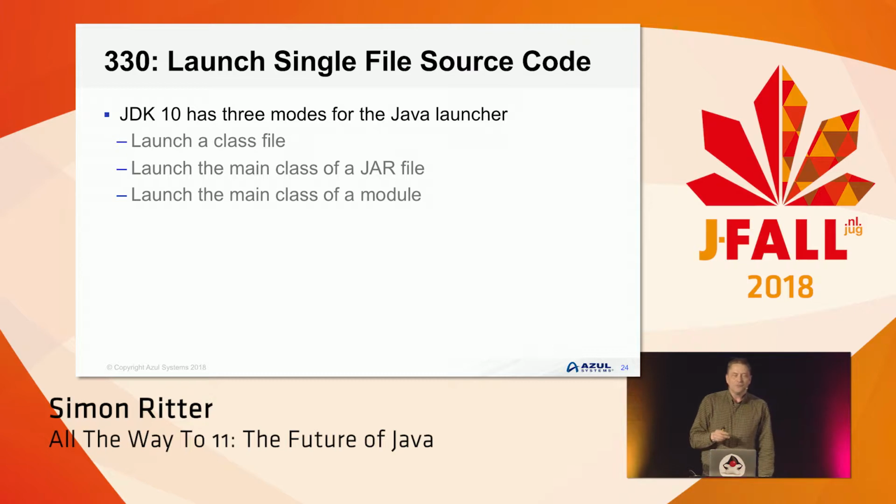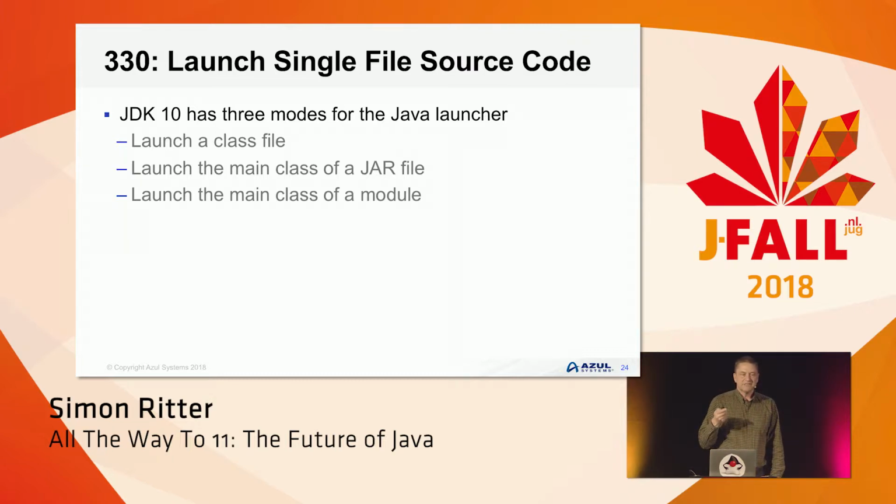Another thing in JDK 11, which is a nice feature, remains to be seen how much it actually gets used, is launching a single file source code. If you look at JDK 10, there are 3 modes where you can start off a Java application. So the first of those is you simply launch a class file. So java Main, and that will launch from a class file. Second is you can launch from a jar file, so you can do java -jar main.jar and launch from that. And you can do it from a module, so you can do java -m main.module or main.jmod or whatever.